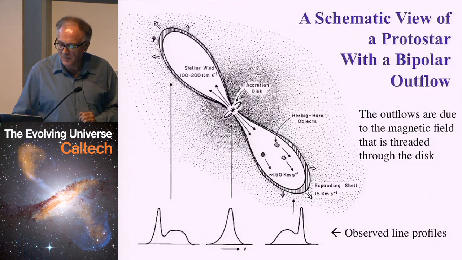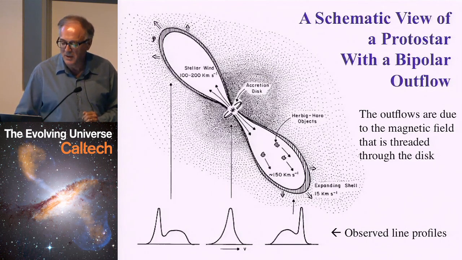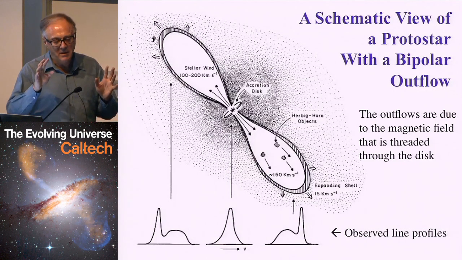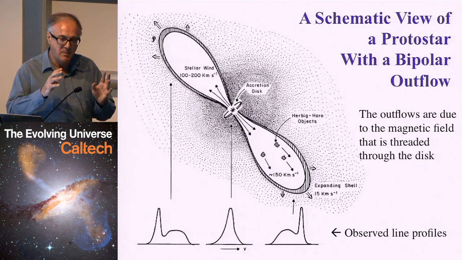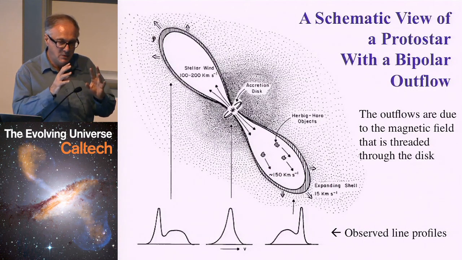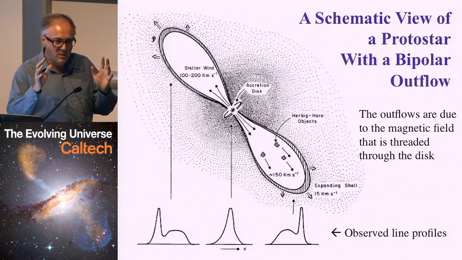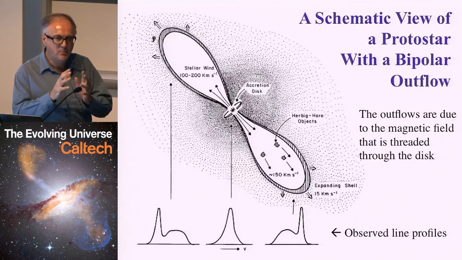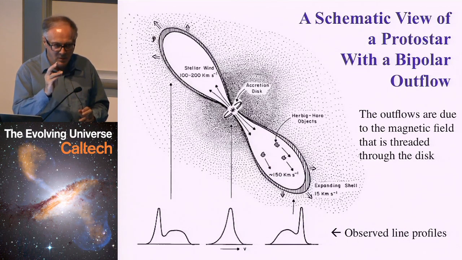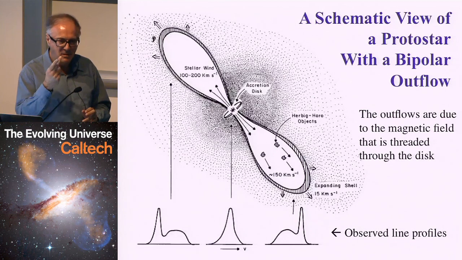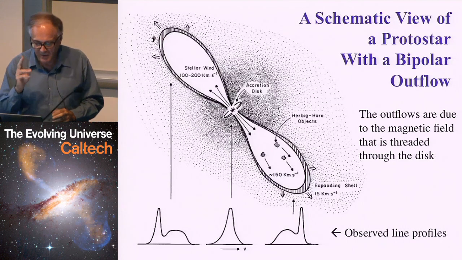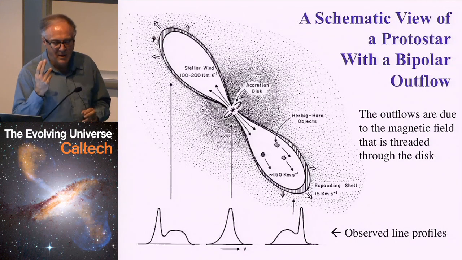Another thing that they do is they drive so-called bipolar outflow. If there is any magnetic field, and usually there is some, inside of that protostellar cloud, as it collapses, it will get bunched up and threaded through this disk. The disk will keep spinning and tightening it even more. That creates a preferred